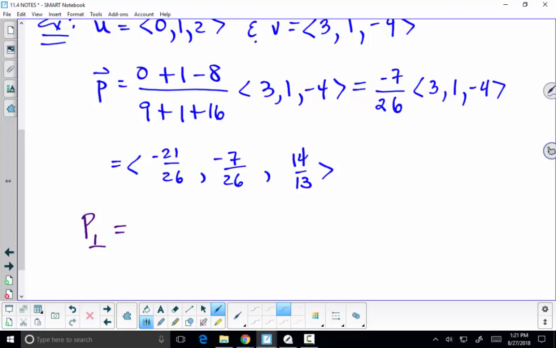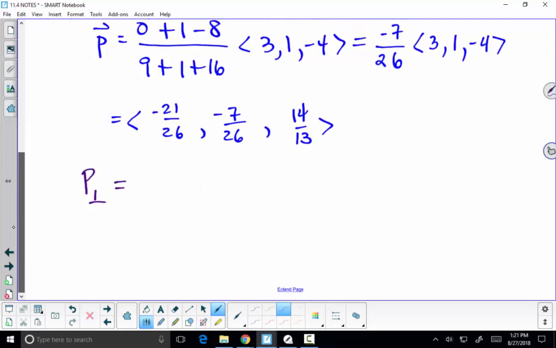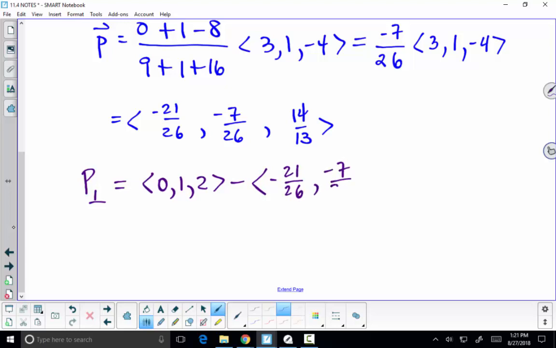So we're going to come back over here, and we're going to take our original vector u, which was 0, 1, 2, and we're going to subtract off this P vector, and that will give us P perp. So subtract those two,